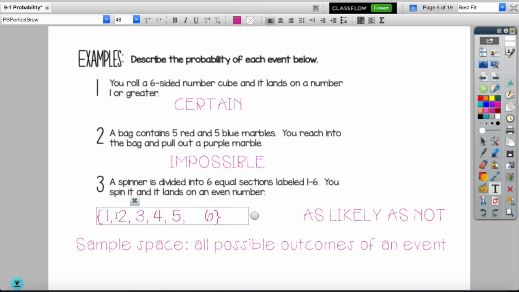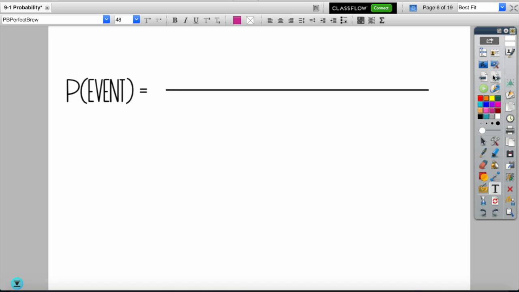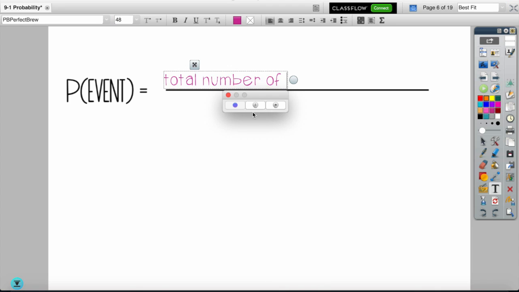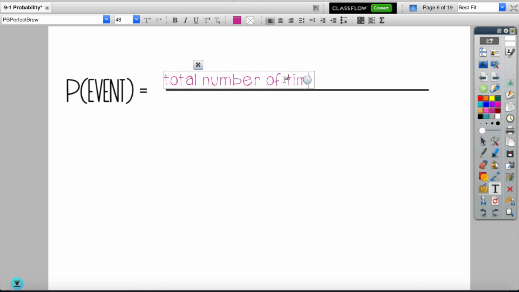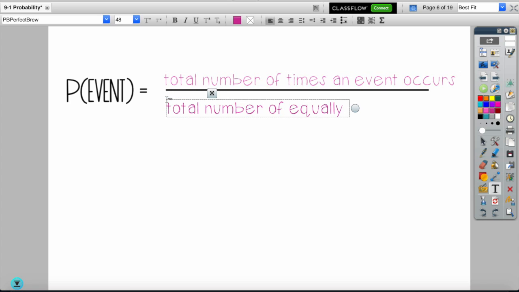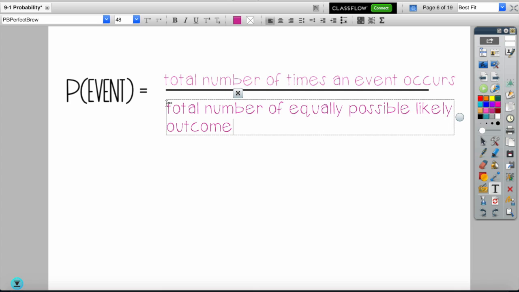So that is practice with describing the probability. Now let's actually find what the probability is, okay? So the probability of an event happening is basically taking your total number of times an event occurs divided by the total number of equally likely possible outcomes. Okay? And so basically, if you are trying to flip a coin and you want to find